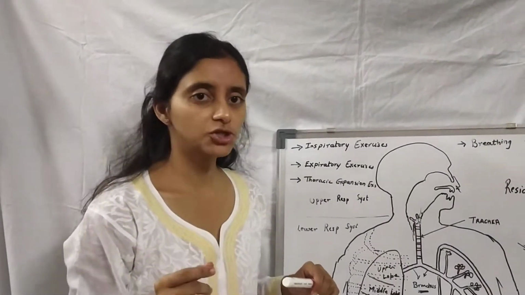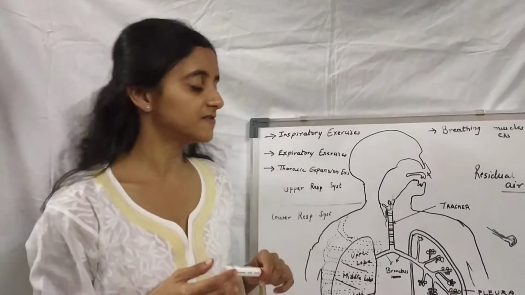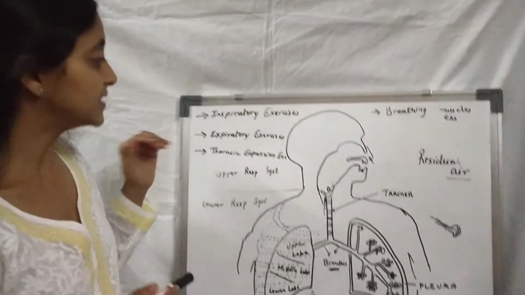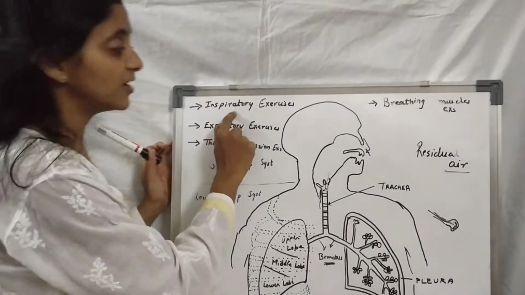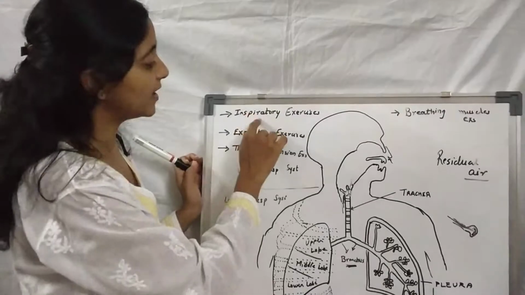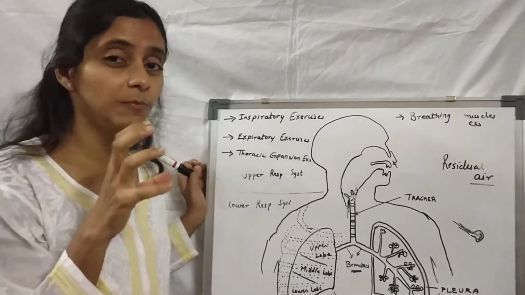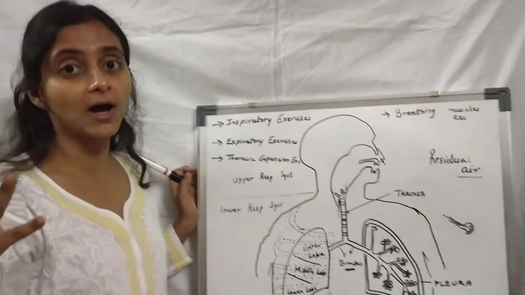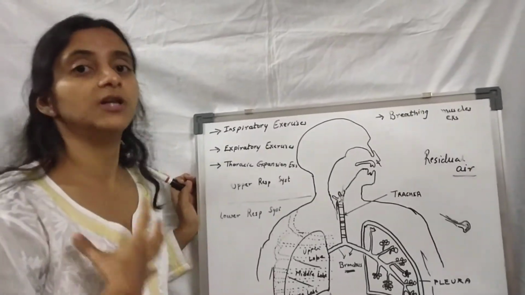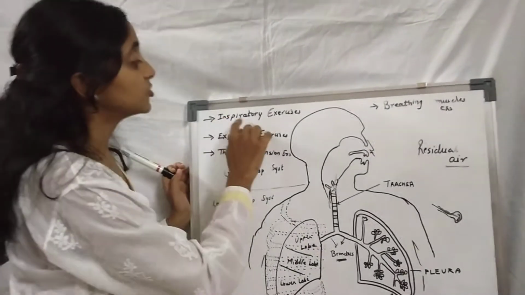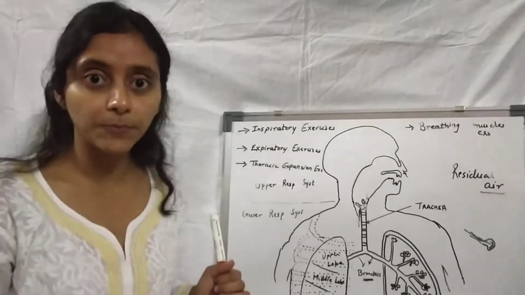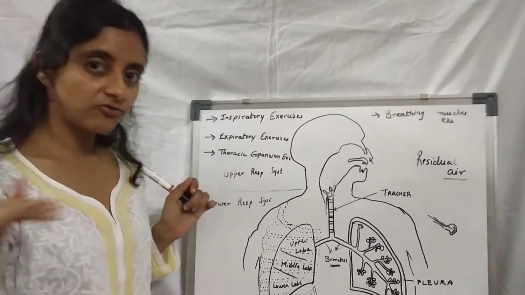So in this workshop, the list of the various exercises that we have sent you, that we are going to teach, are basically to deal with the inspiratory exercises, where we will be working. This is for normal people also, where, as I mentioned, the alveoli in normals also shrink because we are not breathing to our maximum capacity. So we will be teaching you how to breathe to your maximum capacity so that your inspiration becomes much better and deeper. So those are the inspiratory exercises.